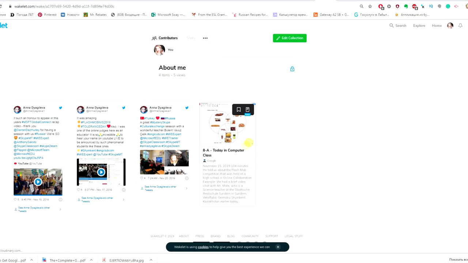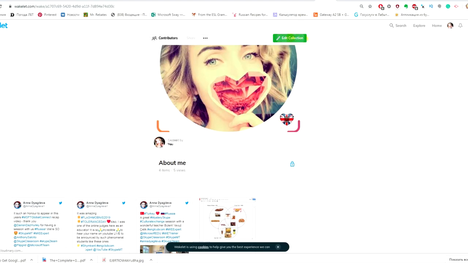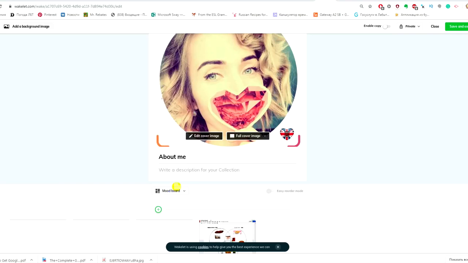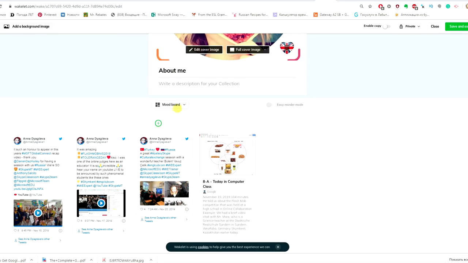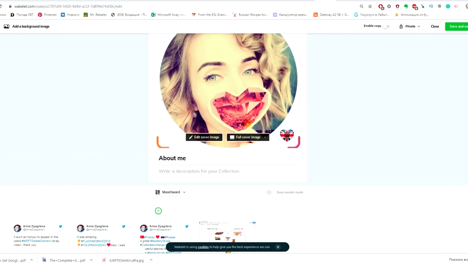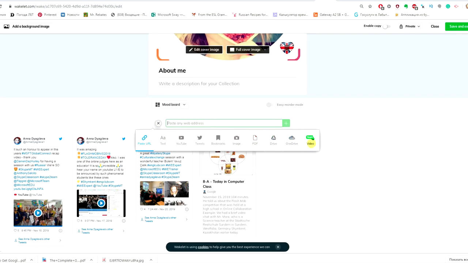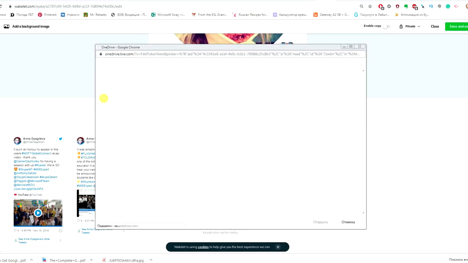First, you need to go to any kind of collection that you have and press the Edit Collection button. After that, we are going to see a new option when you press the add a new bookmark button. It's a green cross over there. So you just press it and you may see the new feature is here. It's OneDrive. Press it and after that you may add any kind of document or file